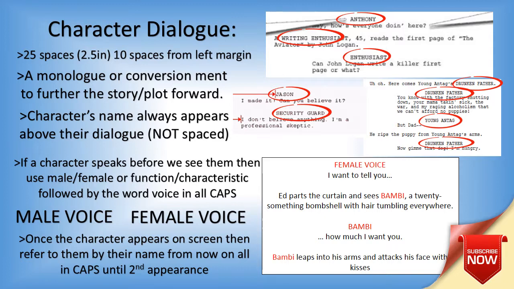Well, then from now on, when they're having a conversation, Jason, all in caps, is talking to Tommy, all in caps. Or Tommy, the security guard, all in caps. Okay? That's when they're talking to each other. Another example,